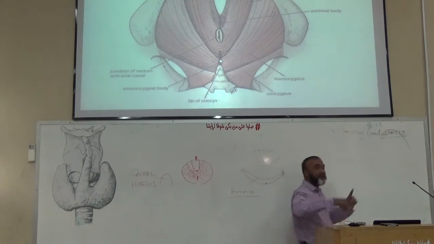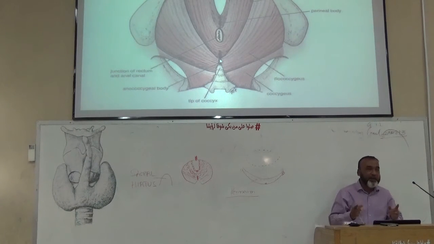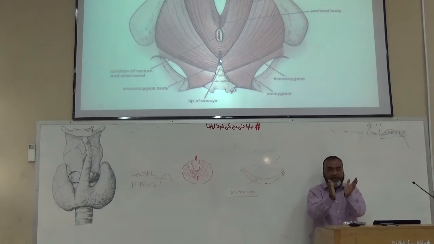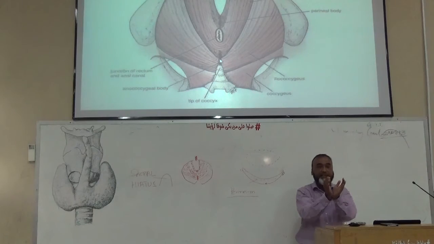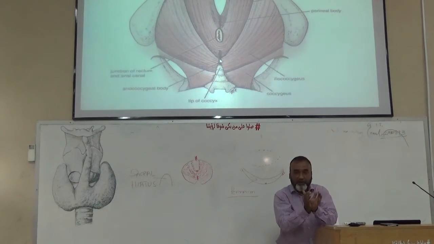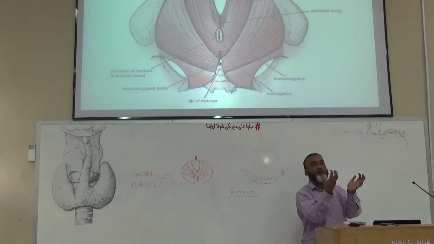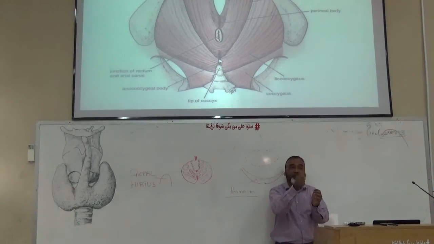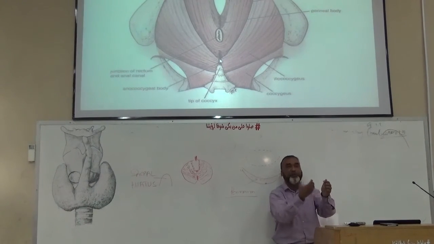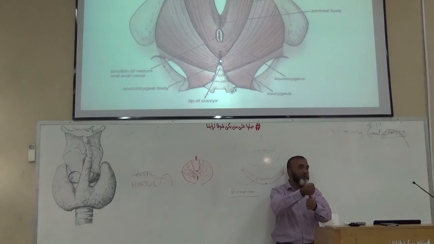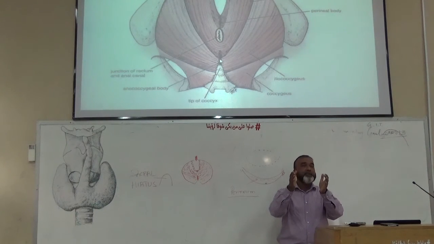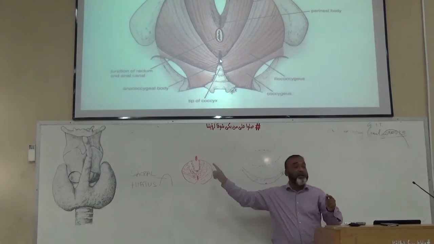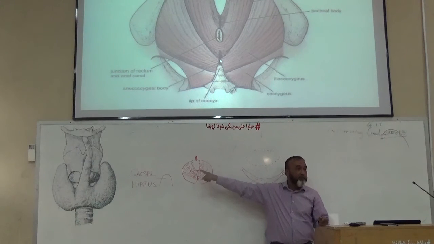So again I repeat, the anterior fibers pass backward, and their name is different in male and female. In case of male, it is named levator prostati because it supports the prostate gland. In female, it is named sphincter vaginae because it surrounds and acts as a sphincter for the vagina. Then, where are they inserted? They are inserted into the perineal body.